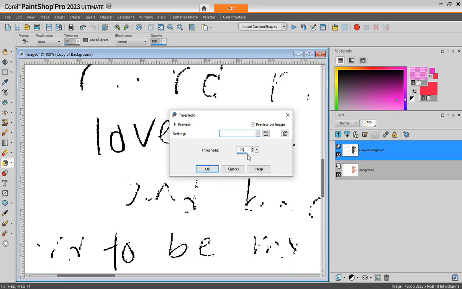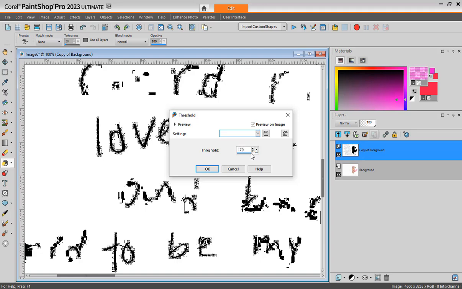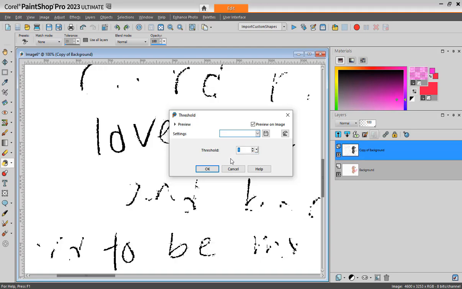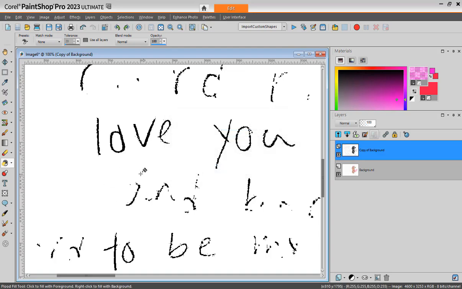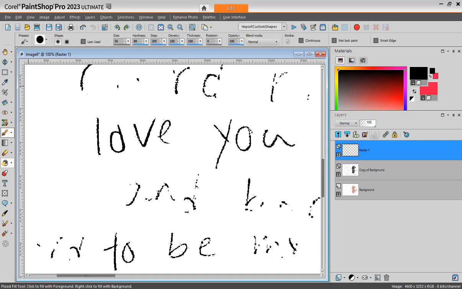And depending on the settings, you'll have more of the black that you don't want. And in this case, I went down. Of course, I'm also losing some, but that's the balance that you have to play with. And so I can just add a new raster layer using a black, no texture. I'll use my paintbrush. And I think a size of 5 would have been okay. And I can just,